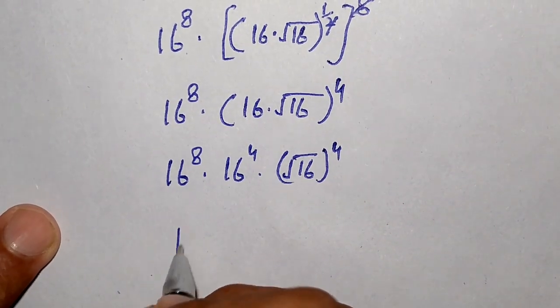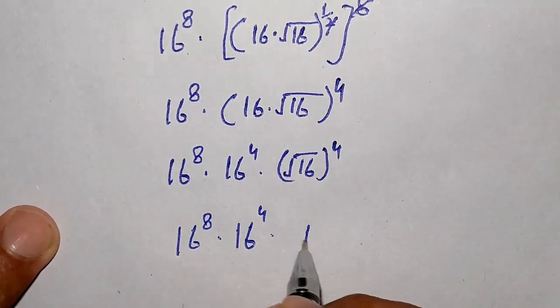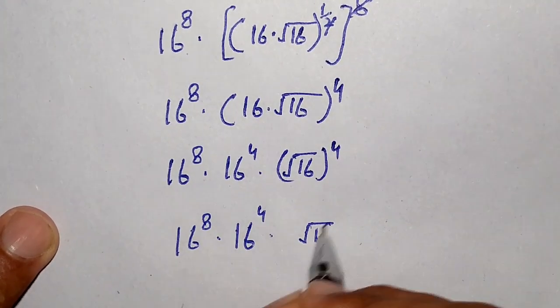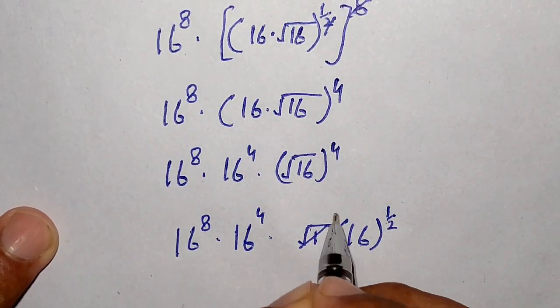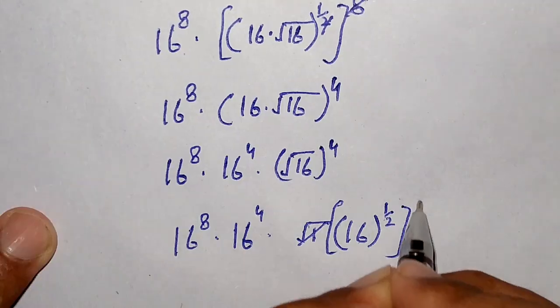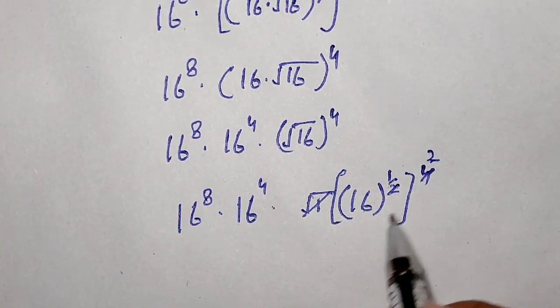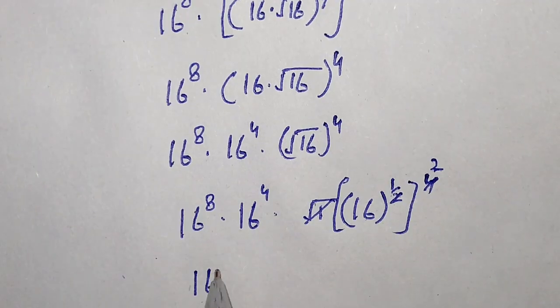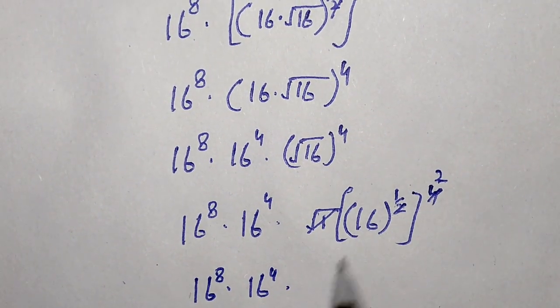So here 16 to the power of 8 times 16 to the power of 4 times square root of 16, and this square root is equal to 1 over 2 to the whole power of this 4. Now this 2 cancels with 4, 2 times 2 is equal to 4. So here 16 to the power of 8 times 16 to the power of 4 times 16